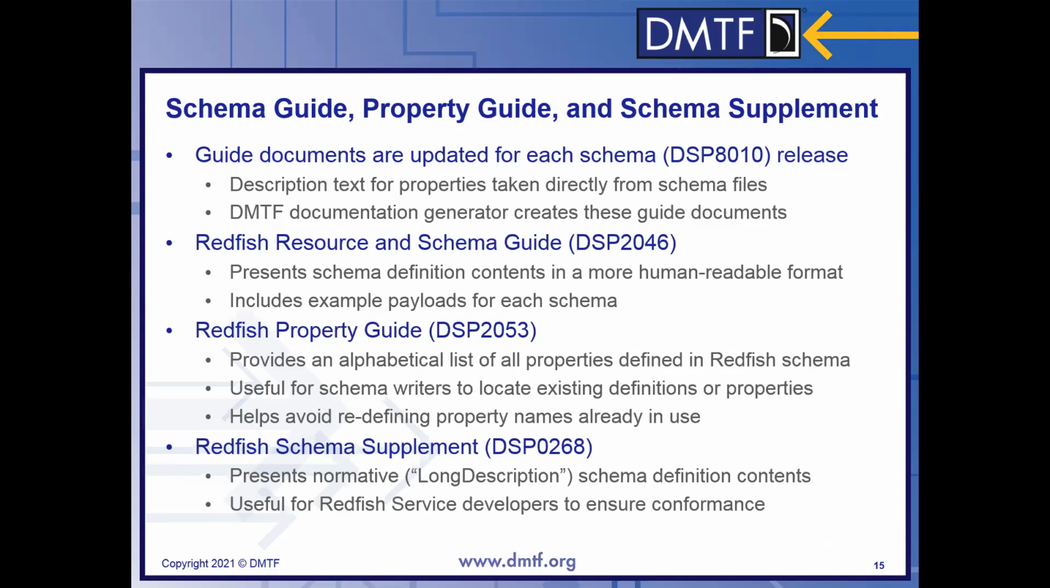So it takes a flat listing of all the properties we defined in Redfish, and tries to compile effectively a single database of all the properties and all their descriptions. That helps us prevent redefining properties of the same name, so that we're consistent in the data model. And then lastly is the Schema Supplement, which takes all of our normative descriptions,